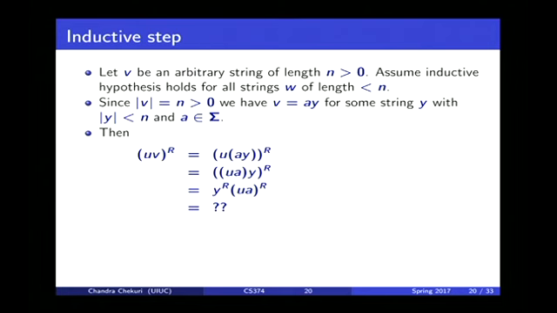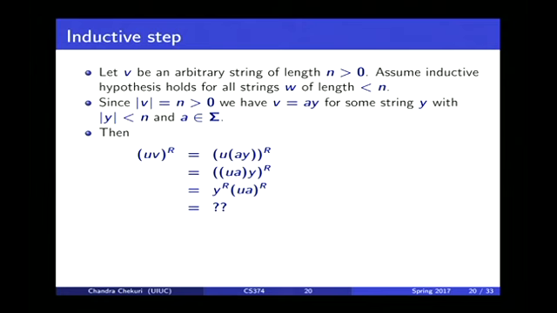Let v be an arbitrary string of length n greater than 0. Assume the inductive hypothesis holds for all strings w of length less than n, right? Since the length of v is n, which is strictly bigger than 0, v can be written as ay, for some string y with length less than n, and a is some letter in the alphabet. So then let's try the same thing. (uv)^R is